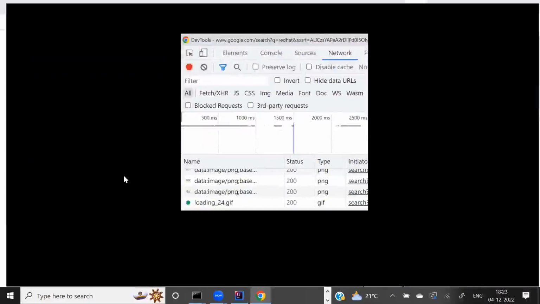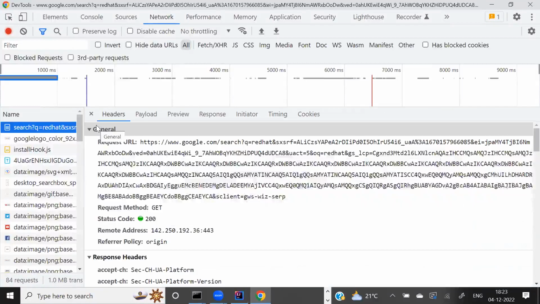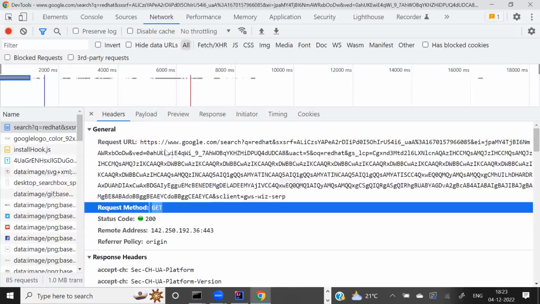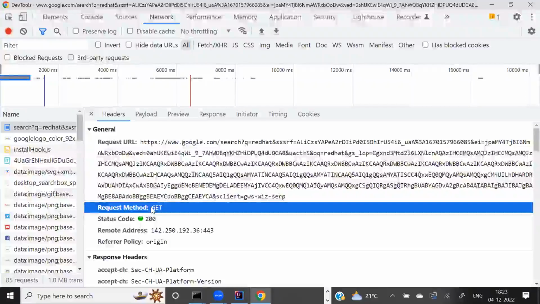If you try to read any of the entries, for example, search, here you can see the request method is GET. So if you type any URL in the browser address bar, the default behavior of the browser is to automatically add the request method, the HTTP grammar word called GET only. So you don't need to add anything else. It will do that automatically for you.